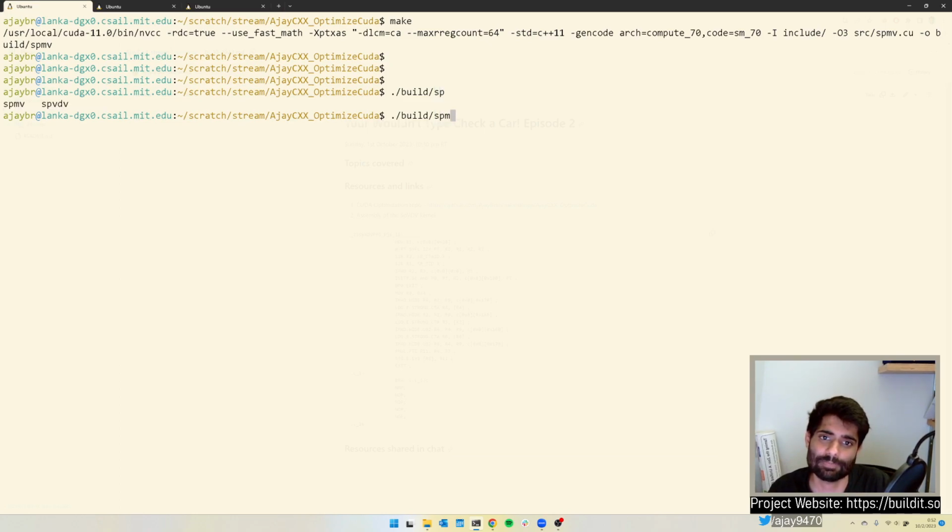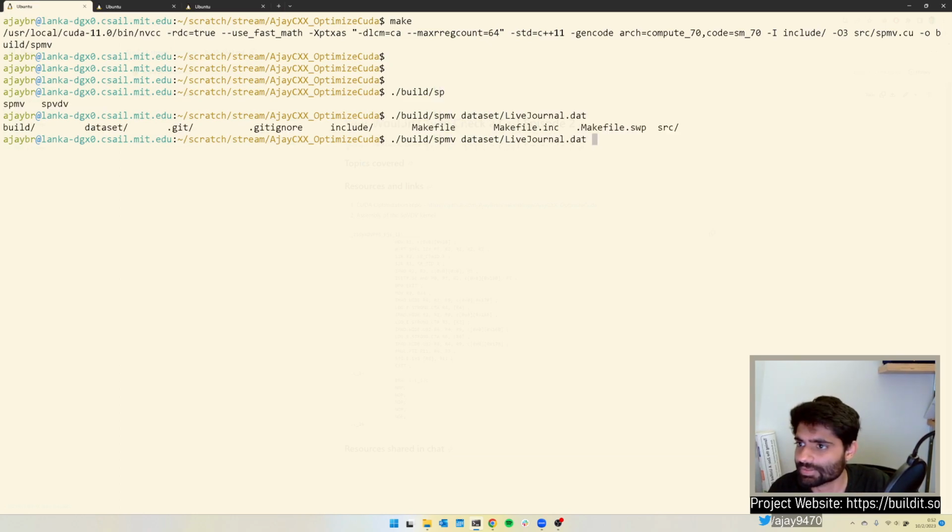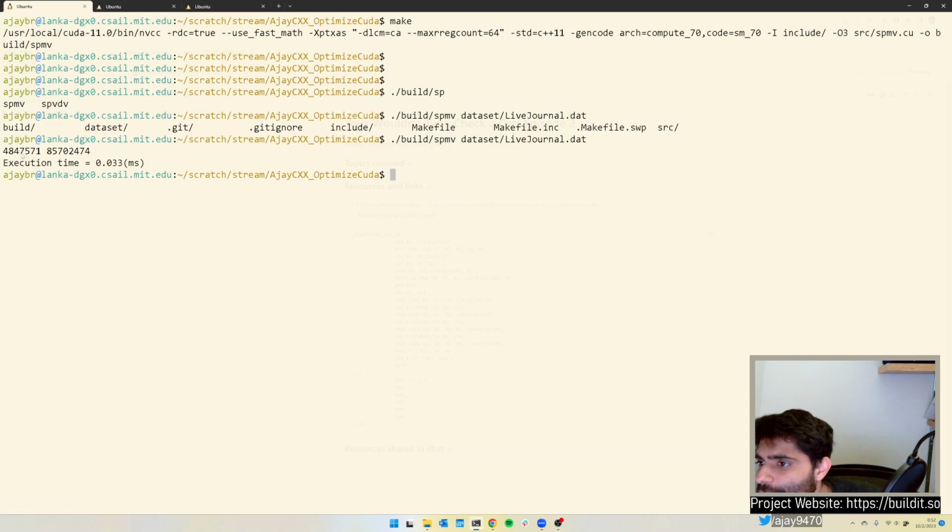This one takes a parameter, a data file. So I have this LiveJournal dataset, which has a bunch of vertices and edges. Let's see how many. Yeah, so it has 4,847,571 rows, and the whole matrix has, this is what, 85 million edges or 85 million non-zeros. So it's not an insanely huge matrix. It's a kind of small matrix when it comes to typical matrix sizes, but it's 4.8 million rows and